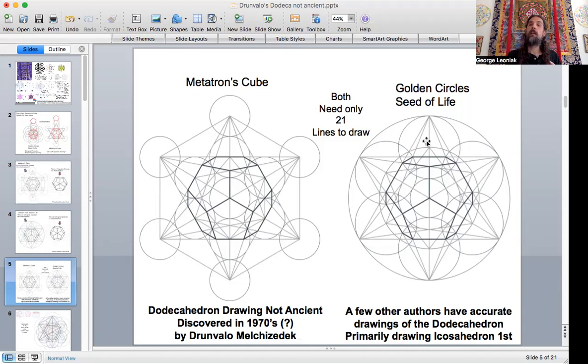Now, this is a key point. The stellation of this diagram here, these gray lines that are extending off the pentagonal faces here, are actually now the small stellated dodecahedron. And this will become important in this video in just a little bit. Now, this one also would want to do that, because it's doing the same lines in the same place. Remember, both of these drawings here only have 21 lines to draw, the same exact lines, just proportionally spaced differently, just enough to get that edge to maintain phi proportion. And then all of a sudden, this one creates the small stellated dodecahedron.